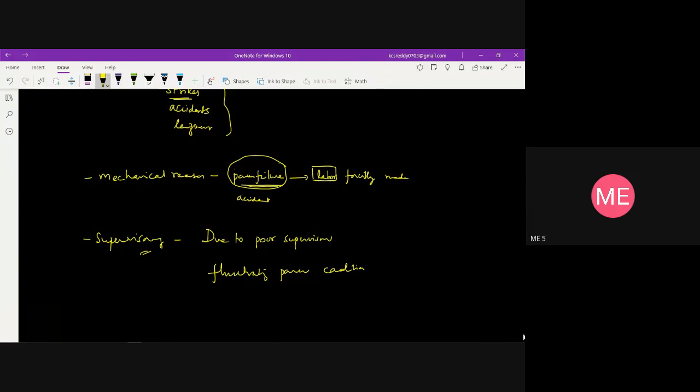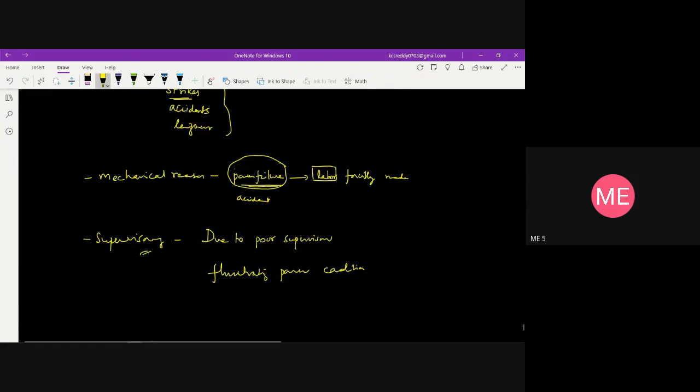So this is the concept of idle time in any particular organization. Idle time refers to the machines as well as workers. We have mentioned here the reasons for machine idle time, as well as the reasons for worker idle time. These are the two things which we have discussed.